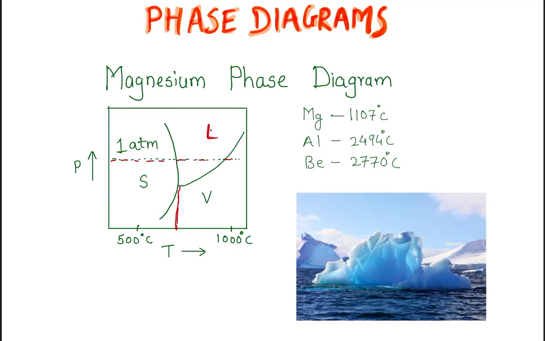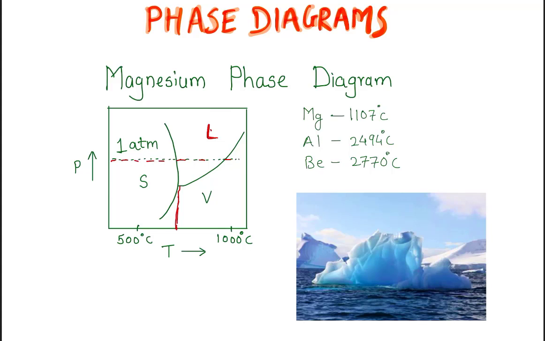While going from Earth's atmosphere to space, there will be friction with the atmosphere. Due to that, there will be heat formation, and due to that heat there is material loss, and due to material loss your space shuttle or your material will get damaged. So we cannot use magnesium for aerospace applications, and this information we can find out using the phase diagram.